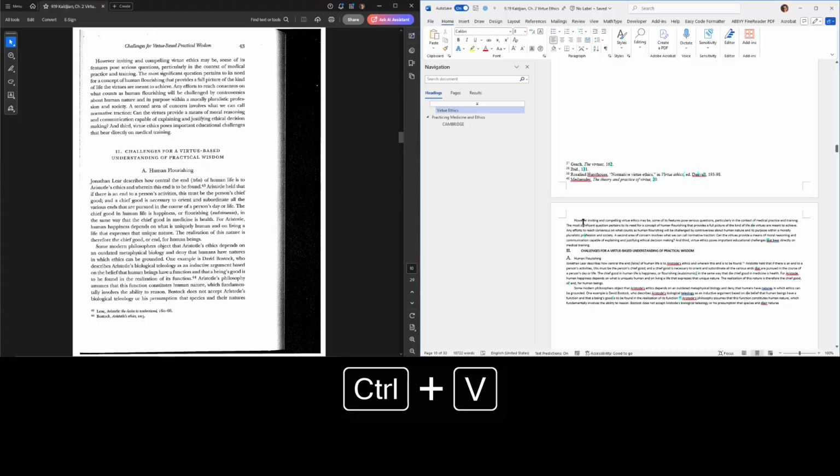Yeah, it jumped me to that page, however inviting and compelling. Very nice. I forgot how I did that. So Alt Shift S is the shortcut that I set up for myself in AutoHotkey to jump to whatever page I'm on in the Word document.